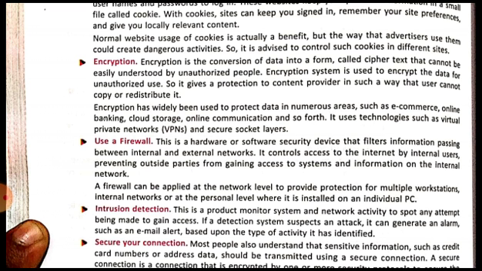Okay, so an encryption system is used to encrypt data to prevent unauthorized use. It gives protection to the content provider in such a way that the user cannot copy or redistribute it. So if you are encrypting your content, then what will happen? Using encryption means the content provider will have an additional protection.